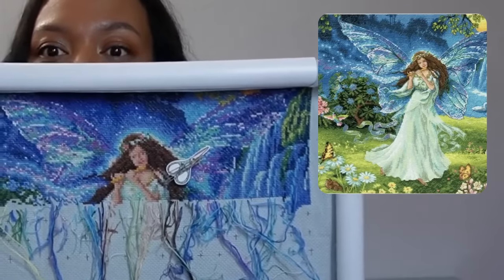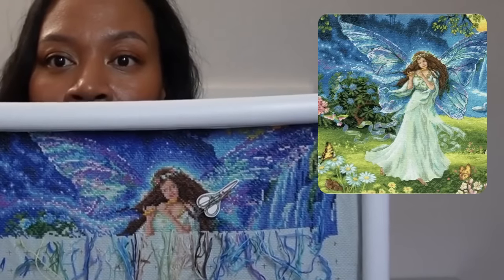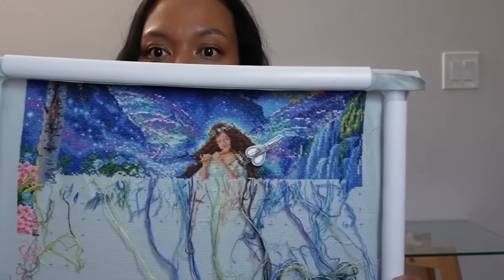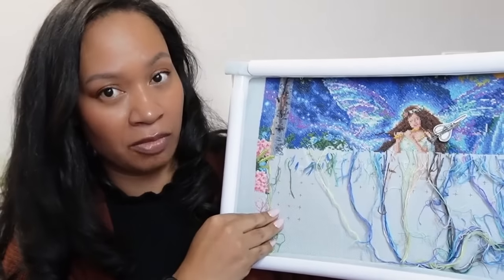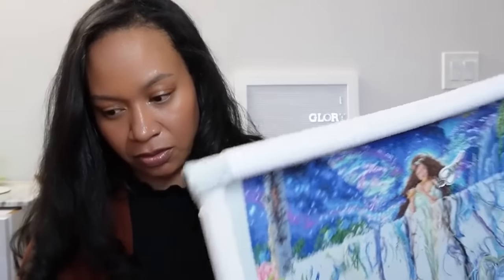This one is by Dimension, it's called Spring Fairy. Forgot the name. But I managed to complete the top parts. Definitely not backstitched yet, but the way I've been doing this is in columns, so it's easier for me. And what I have loved about it is that I